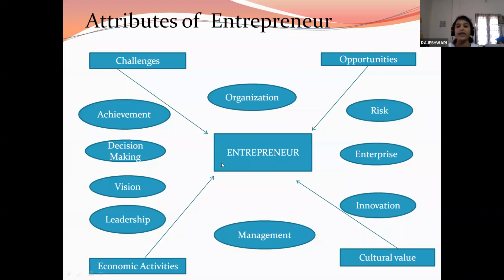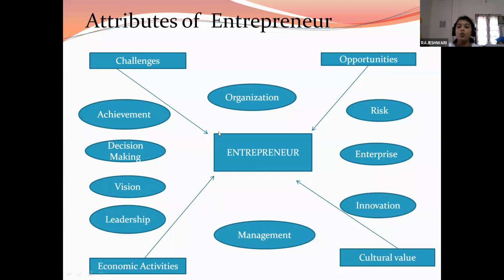So this is also one of the external attributes, and another one is cultural value. This is also very, very important. The entrepreneur is not only creating the product. The entrepreneur should create a product of very good quality, and it should be a very good product in our environment also. And the next one is economic activities. Sometimes there are various economic activity problems, and entrepreneurs should face and manage those economic activities